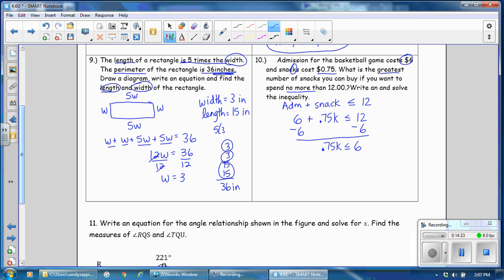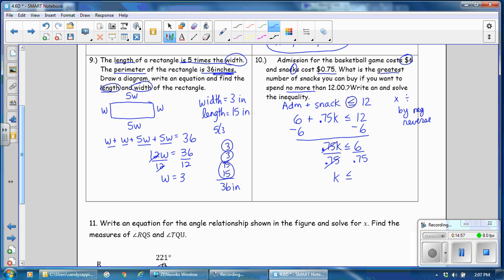Remember, when you're working with inequalities, there are times when you need to reverse the symbol. When you are multiplying or dividing by a negative number, you must reverse the symbol. In this case, we are subtracting, so we don't even have to think about that. Our next step is to divide, and we're dividing by a positive number, so the symbol is preserved. So we just bring down the symbol. The number divided by itself is 1K. And then 6 divided by